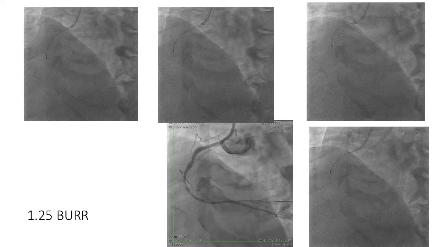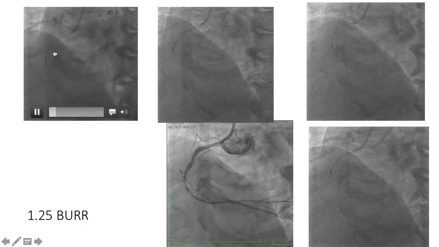In the right coronary artery, you can see there is a tight and calcified lesion. I tried negotiating the IVUS, it didn't go, so then I dilated with a 1.25 pre-balloon. Then I retried sending the IVUS catheter, but it didn't go, so then I exchanged my Workhorse wire with a Rota wire with balloon trapping, and then we did a 1.25 Rota ablation, and after that I repeated IVUS. You can see the movements of